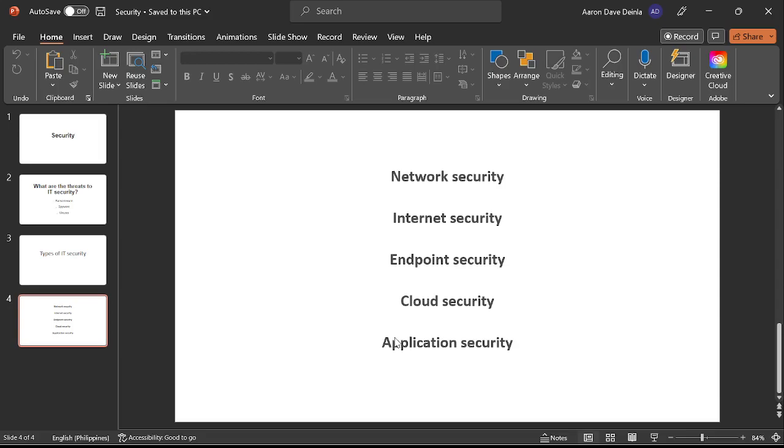And for application security, this is a much harder topic because it's about securing the integrity of the data. One of the examples of this would be hashing the password before persisting it on the database. So that's it for the